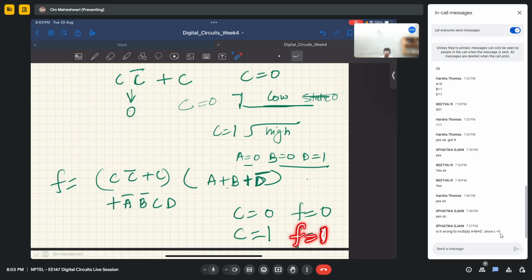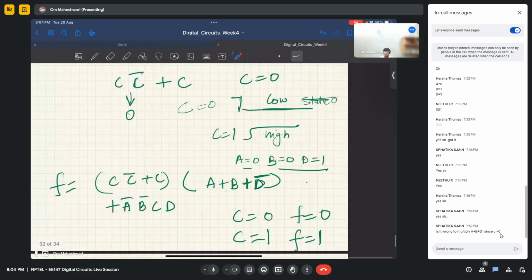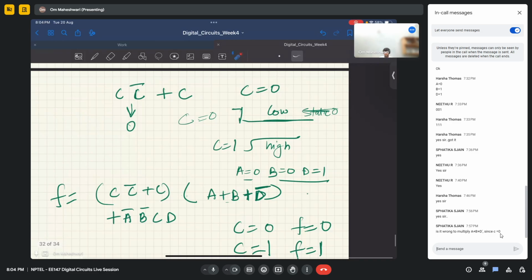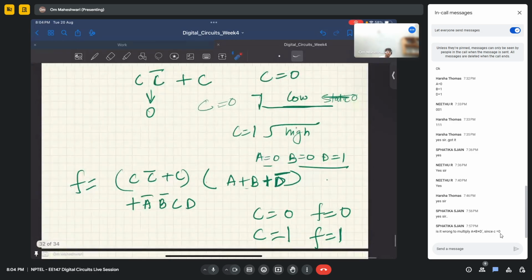F equals 1. Is it clear now? So we need to multiply this and add this to make it